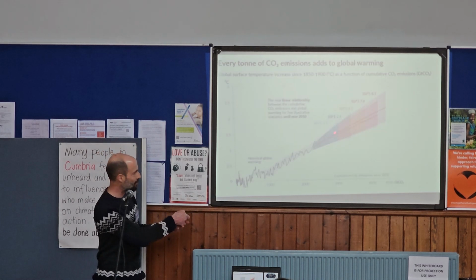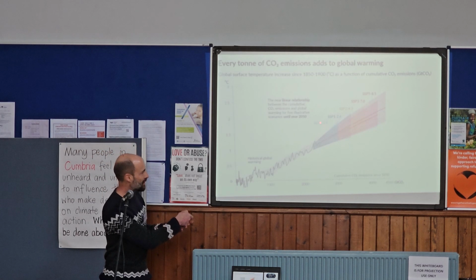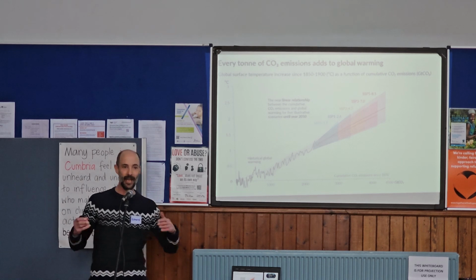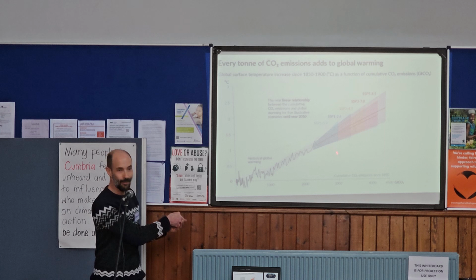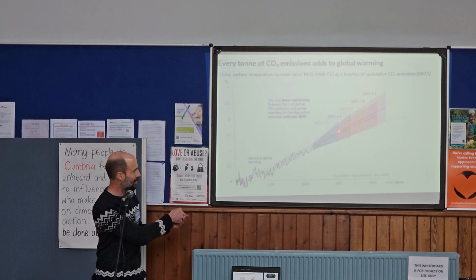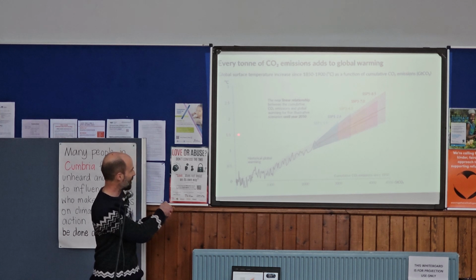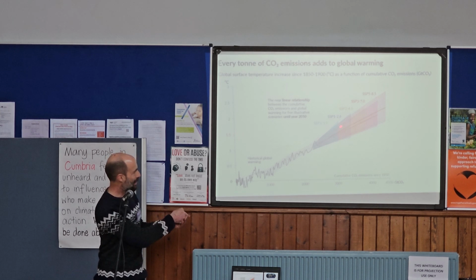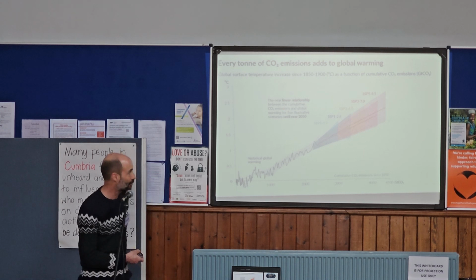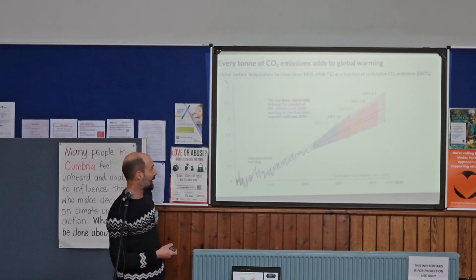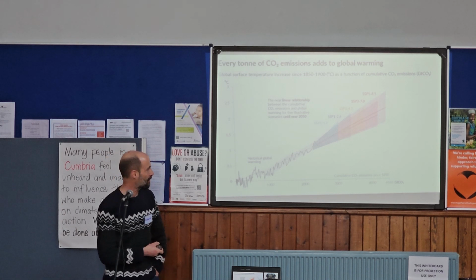And these are predictions, these SSPs, as to how society might evolve in the future. The best case scenario is we go hell for leather on being more sustainable, and we manage to limit total carbon dioxide emissions to here, in which case we limit warming to 1.5. But if we carry on with business as usual, then we end up here. We're already heading towards 2.5 degrees C of warming, I think by 2050.